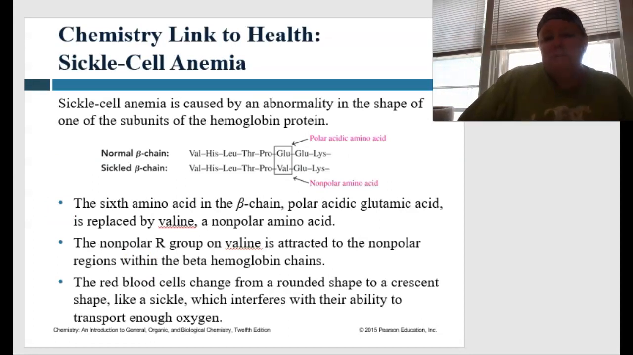Okay, so then link this to health. What is sickle cell anemia? Well, it's caused by an abnormality in the shape of one of the subunits of the hemoglobin proteins. So when we have a normal beta chain, we have glutamic acid here, right? And this is polar. But then in sickle cell, that is mutated to valine, which is nonpolar. So you have something that normally loves water, and then you're sticking a nonpolar guy that's terrified of water on the outside. Well, he's going to look for other amino acids that are on the outside, other carbon amino acids,